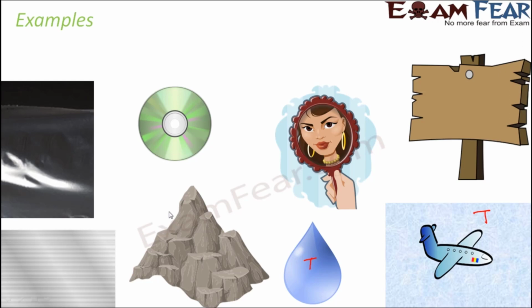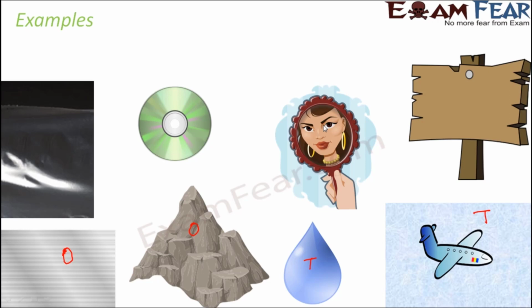Think of rock. So rock pieces. If a big piece of rock is present, will you be able to see what is there on the other side? No. That's because rock is opaque. Think of an aluminium sheet. What would it be? Aluminium again is a metal, and aluminium sheet is also an opaque object. If you cover anything with an aluminium foil, you do not know what's there inside because you cannot see it.